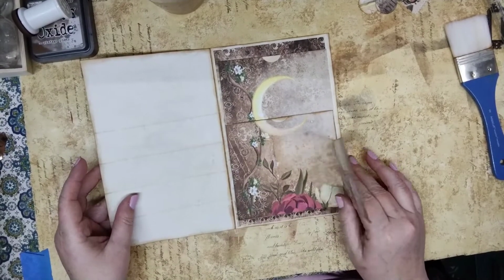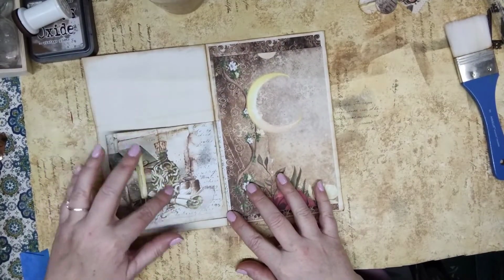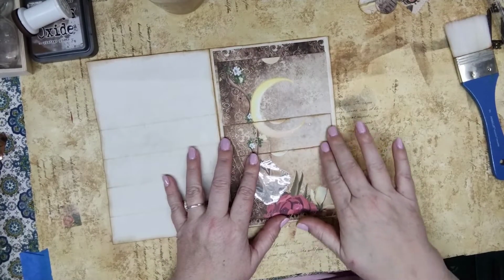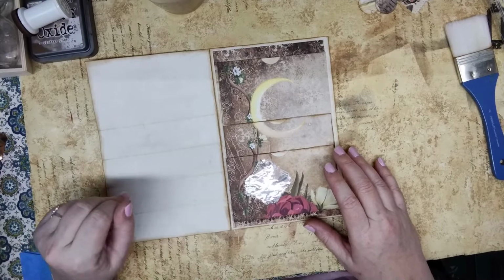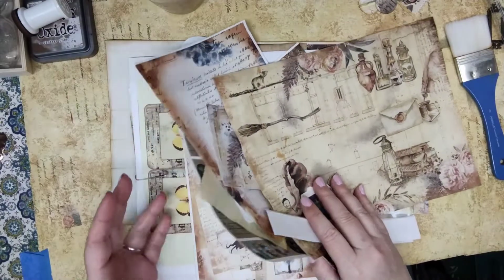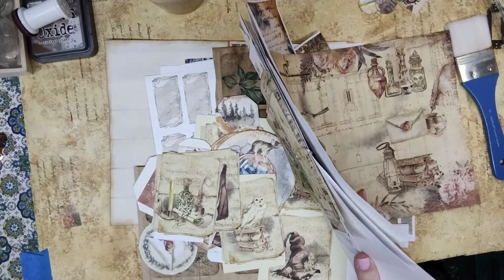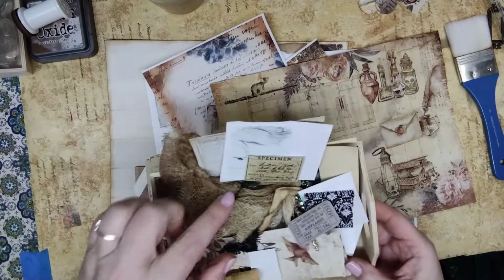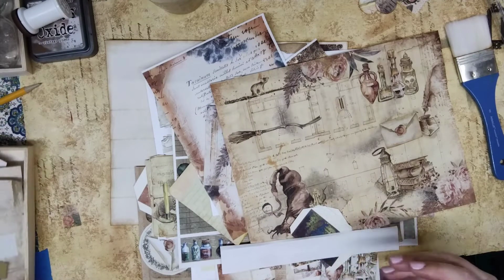And the other day we made this lovely trifold full of lots of different pockets, and this is going to be part 2 to that because we're going to do tags, so it seemed like the perfect opportunity to do Tag Along Tuesday. So I have been printing all kinds of different stuff to put into this little journal, and so I have lots of scraps. I have my little teeny tiny scraps and little pieces of material, so we're going to just use what we